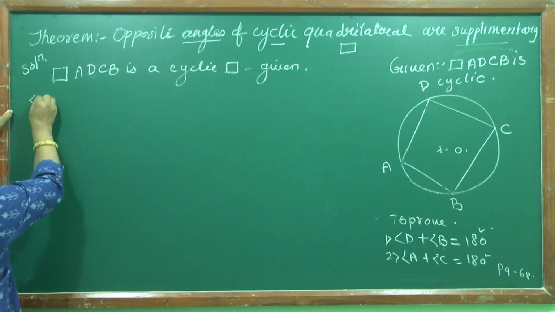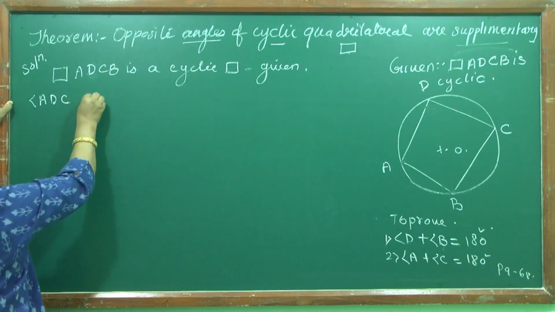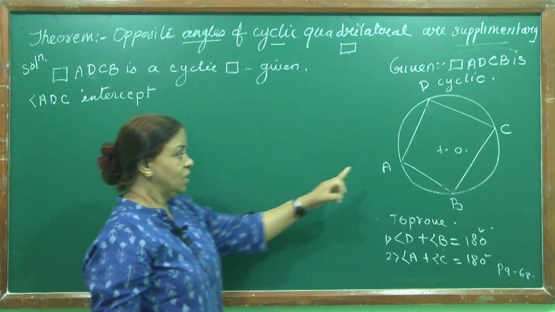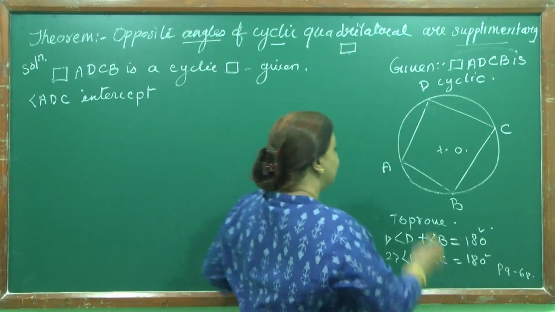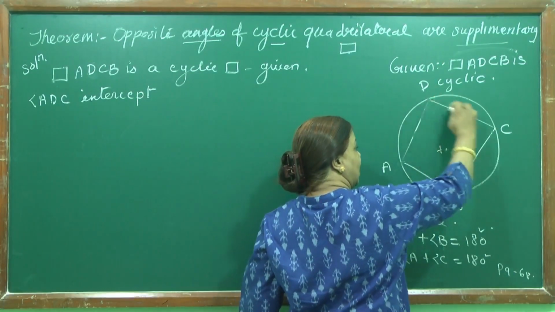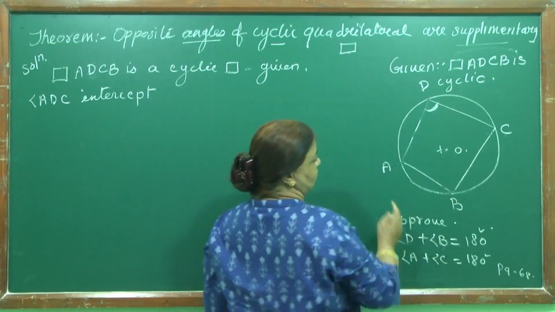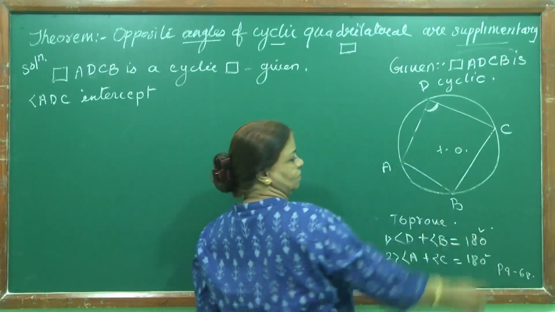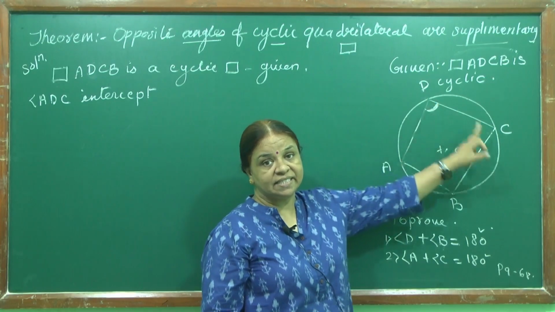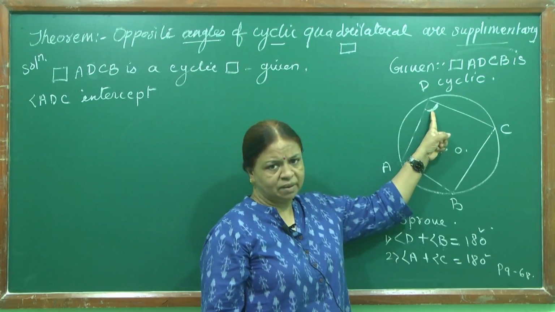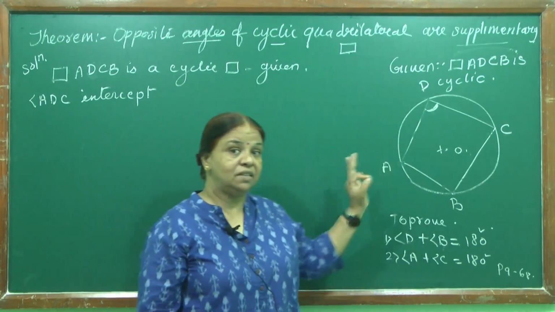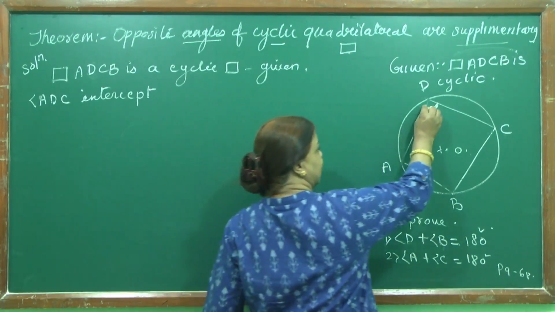Now angle ADC intercepts. Previous to this theorem I have made you understand the meaning of intercept. You see, angle ADC means not angle A, angle D, angle C separately. If I am starting from A, then D and then C, ADC means which angle? Angle D. Children must not be confused in the naming of the angle. I can name this angle D as ADC or CDA. Every time I repeat this, children, be careful about it. So angle D.